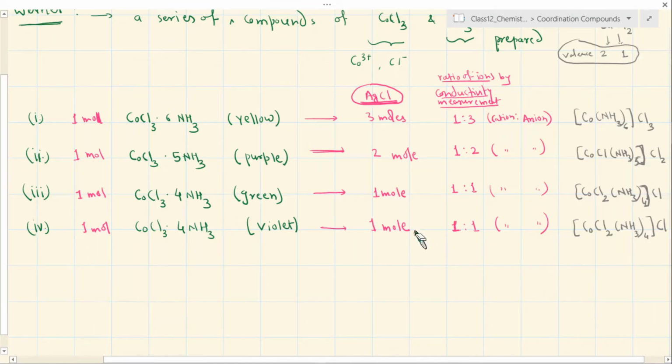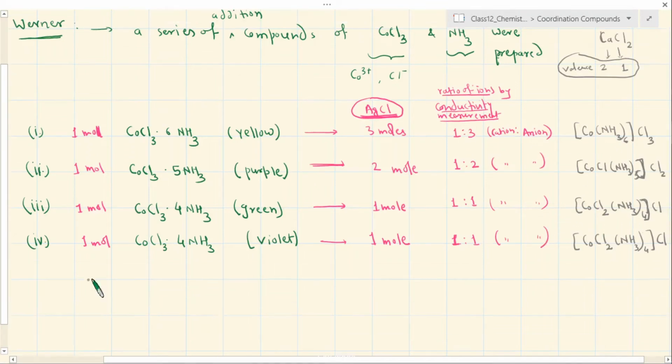Okay, make sense here? Right now we are simply taking it as if we are given this formula. But Werner established these based on not only these results but other thoughts also, which are going to come up now. Right now we are taking both approaches: we already know something and then try to establish it, and we also establish everything from scratch. Both approaches are being adopted right now. Now we will see how Werner established this.